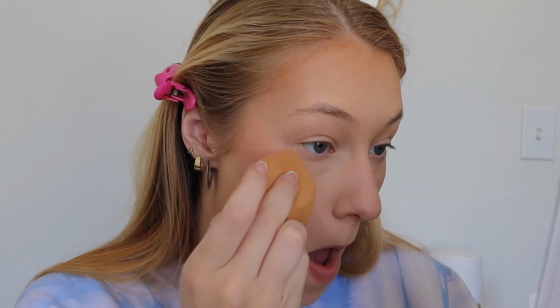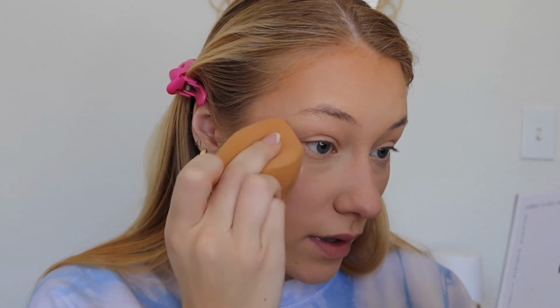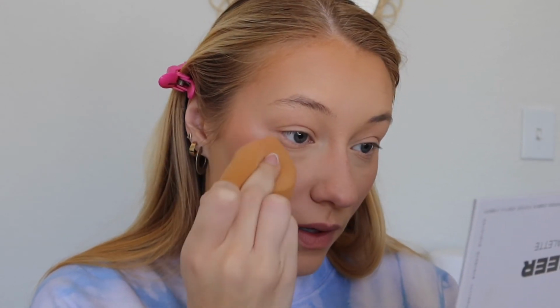Okay, I'm about to apply some highlighter. So I'm going to apply the highlighter on this flat end top part of this sponge. With how well that it is applied all the other products, I am super excited to see how well it applies